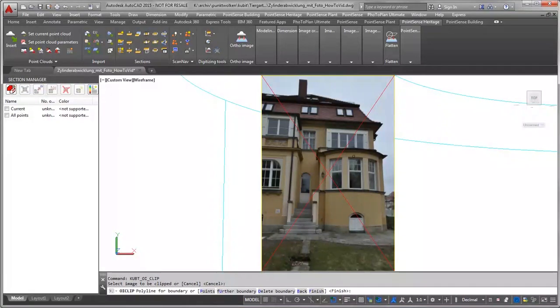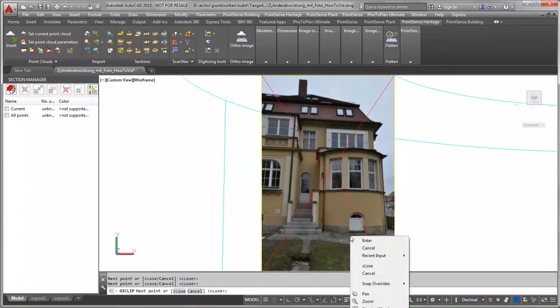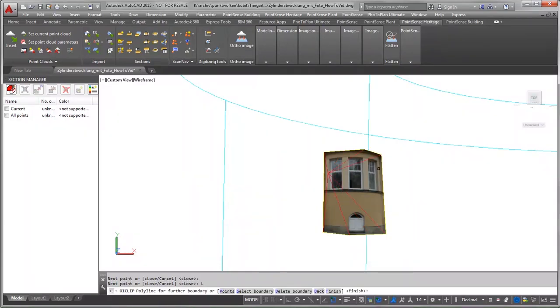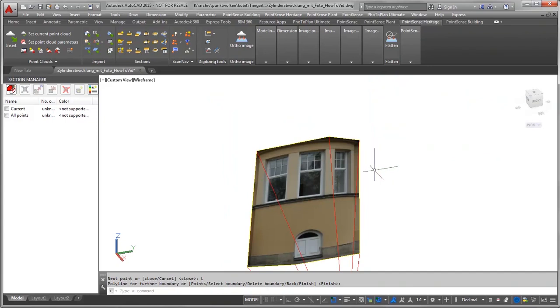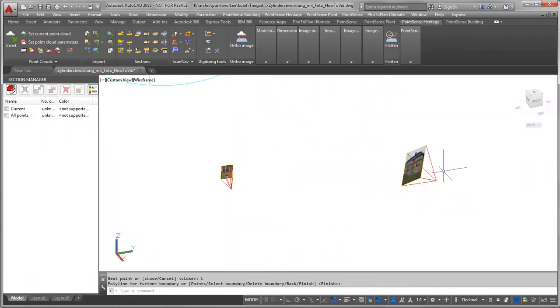And let me turn off the point cloud meanwhile. I want to pick points rather than a polyline. Go down here, close, and there we have the clip. Confirming with enter,